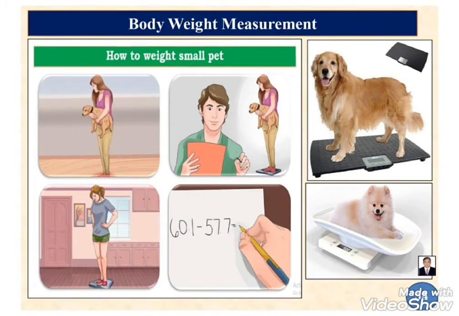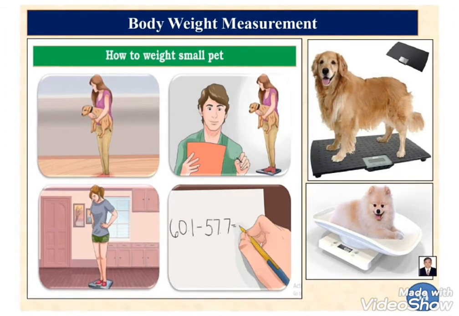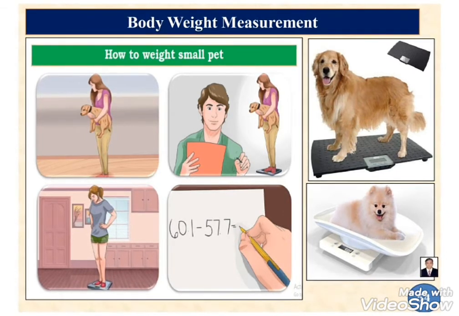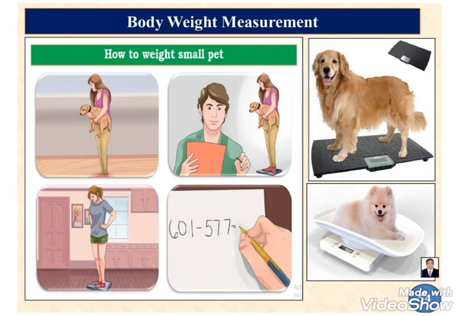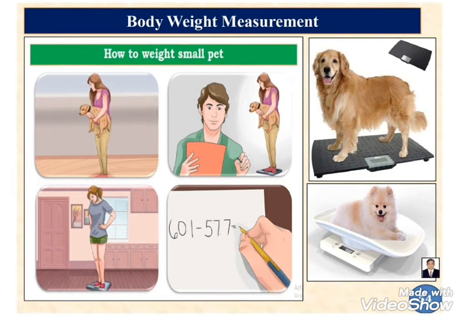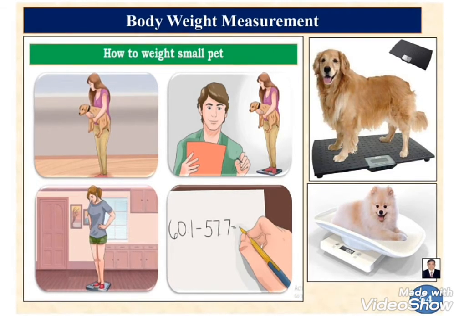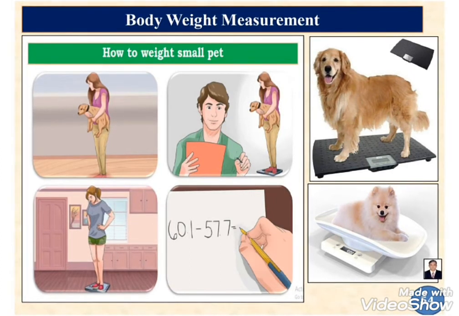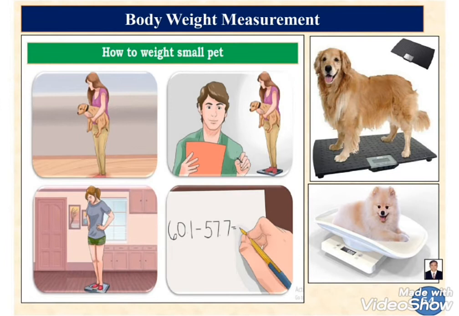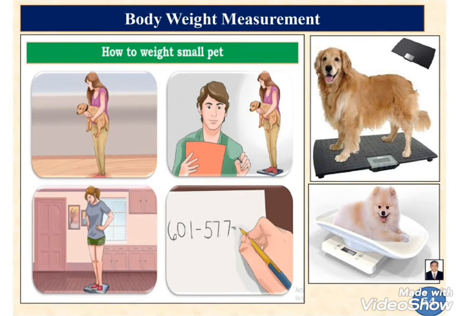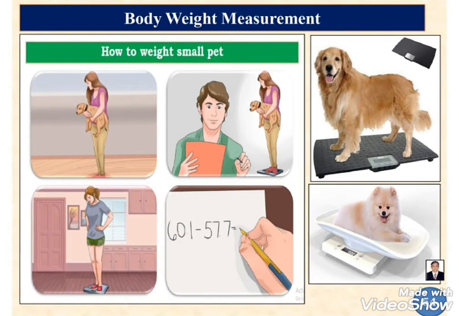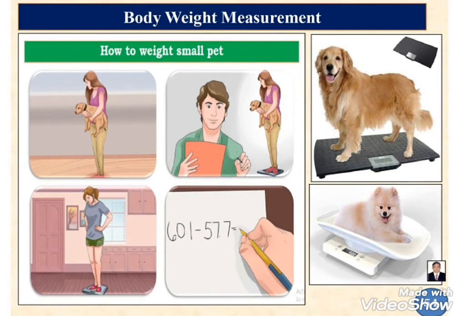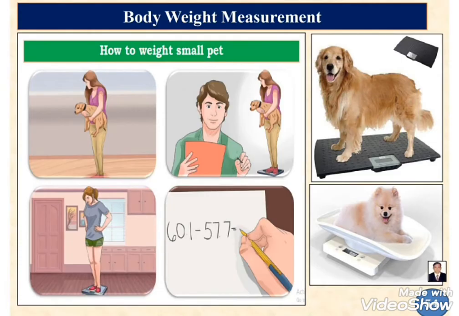So after the consent signature on the consent forms and the check of the feeding and water history, then measure the body weight of the animals. Here is a simple trick for measuring the body weight of a small pet using a digital balance device. The body weight is very important because the loading of the dose is totally based on the body weight. So no underweight, no overweight.